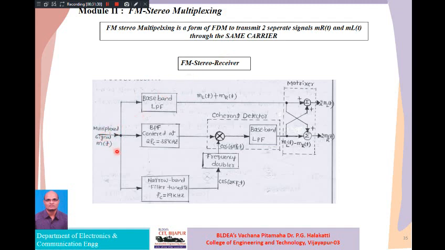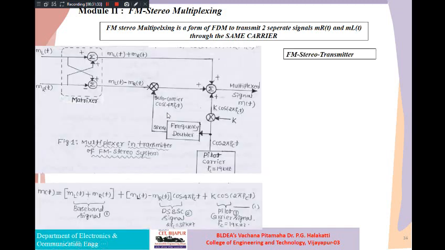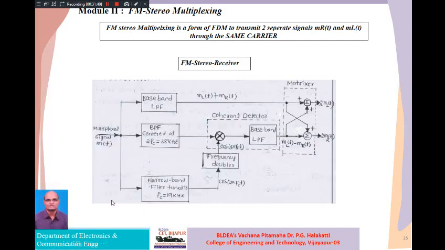Similarly, as we have got three terms here. Okay. One is a baseband low pass filtered signal, the summation of the left and right hand signals. Accordingly we want a baseband low pass filter. Another one we want is the band pass filter centered at 38 kilohertz, the doubling of that carrier frequency, and another one which is tuned to 19 kilohertz. So accordingly here we are getting the summation.